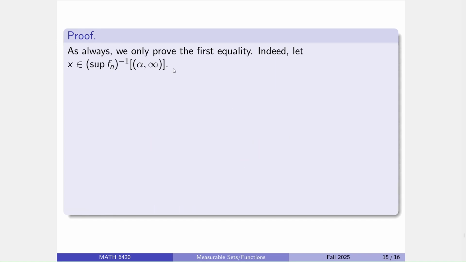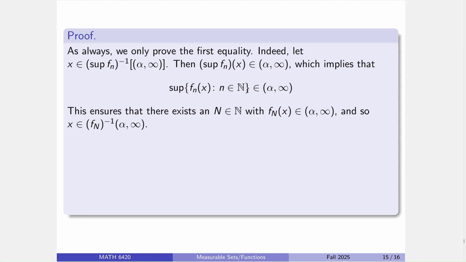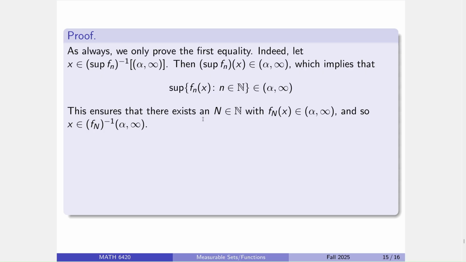All right, so if you're in the inverse image of the sup, that means the sup lands in this set. Okay, and remember, the sup of a function is the sup of the outputs of the sequence of the function at that given point. All right, and if the sup is in the ray, well, alpha is strictly less than the sup, so that means there has to be something from the list hanging out in between alpha and the sup, otherwise it wouldn't be the sup. All right, and hey, note that would mean that x is in the inverse image of that specific function. Hey, cool, there you go.